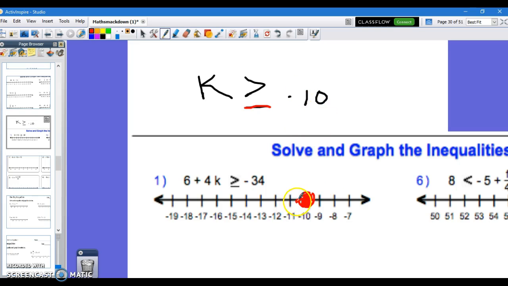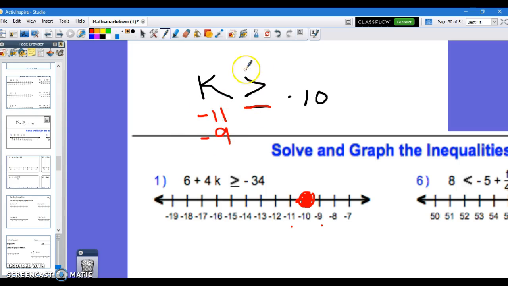Now, which way should your arrow be going? Left, or should it be going right? This is the trick to find out how. Look at the numbers that are beside your answer. I have a negative 11 and a negative 9. Place those underneath your variable. Negative 11, negative 9. Now all you have to do is insert the number instead of the variable, and read the sentence. For example,